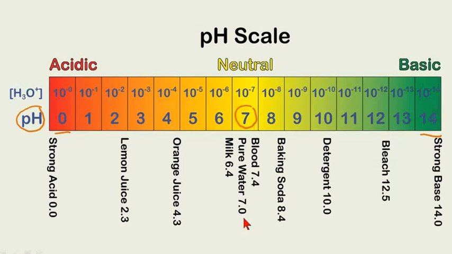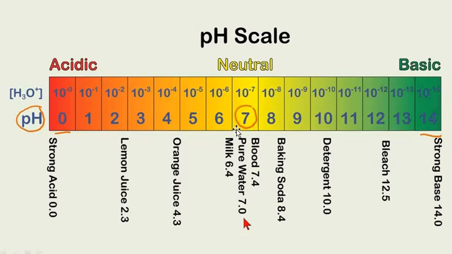Now, in this pH scale, 0 being the most acidic, 14 being the most basic. So you can say that the pH scale ranges from 0 to 14, meaning 0 is the strongest acid, 14 is the strongest base. When we move from left to right, that is from 0 towards 14, acidity of a solution decreases and basicity of a solution increases.